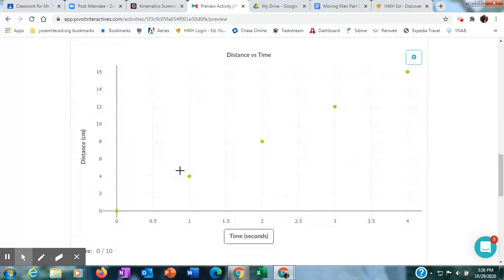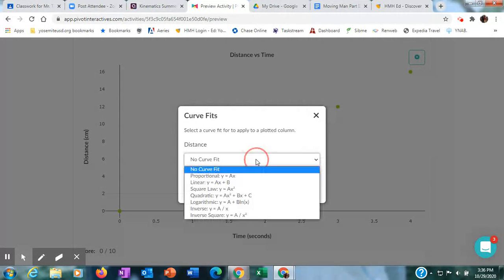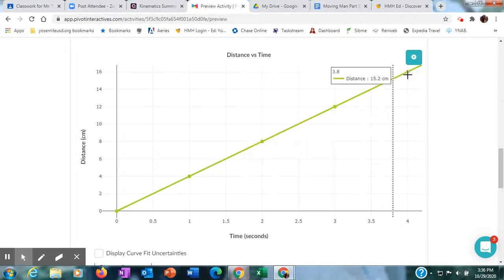because all it's doing is plotting these numbers into this graph. All right, now I'm going to show you something kind of cool, and it is going to make this assignment a little bit easier. Let's say I want to determine the velocity just by looking at this graph. What could I do? Well, I want to click on this little gear, and I want to go to where it says curve fits. If I select linear,